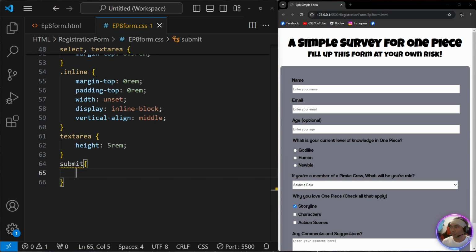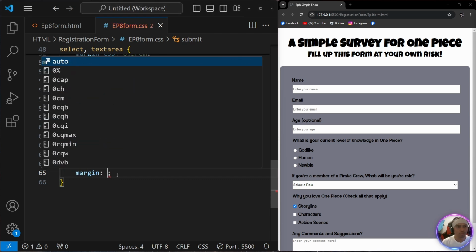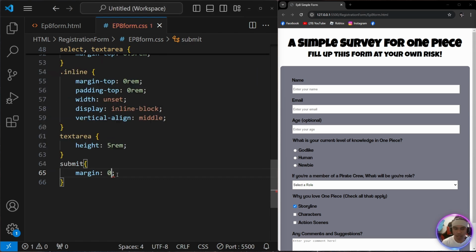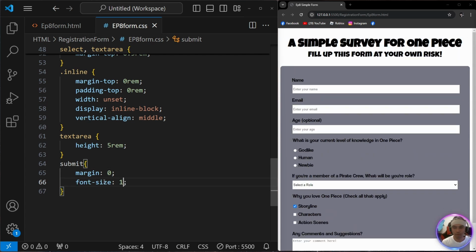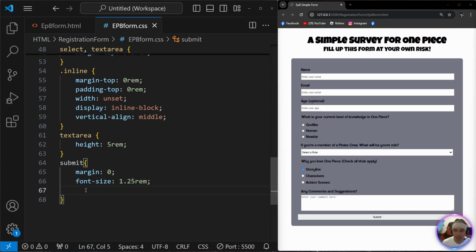For the submit button, we will be putting a margin of 0, then font size will be 1.25 rem. Display will be center. It's okay, it's already center. Padding 20 pixels,